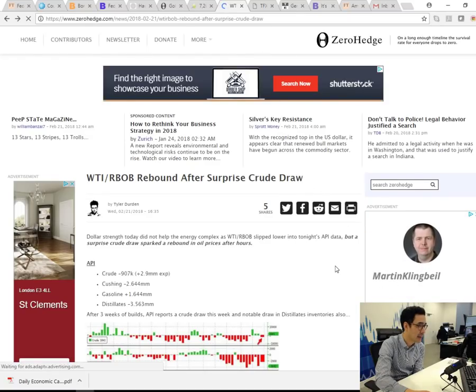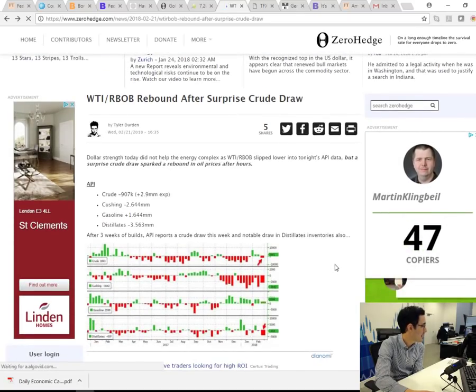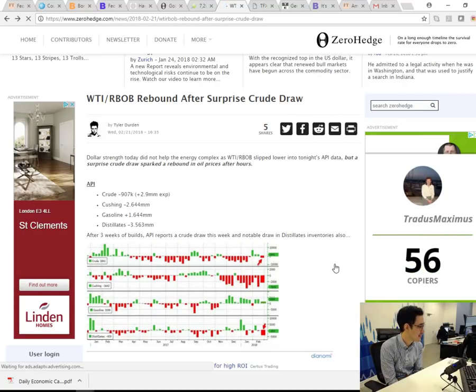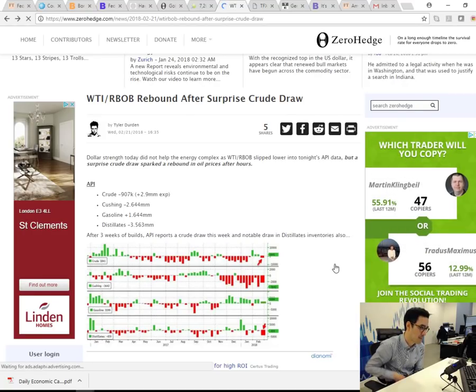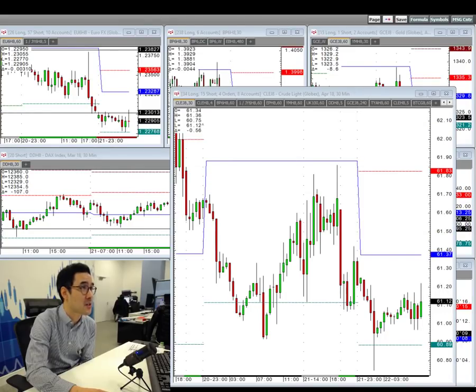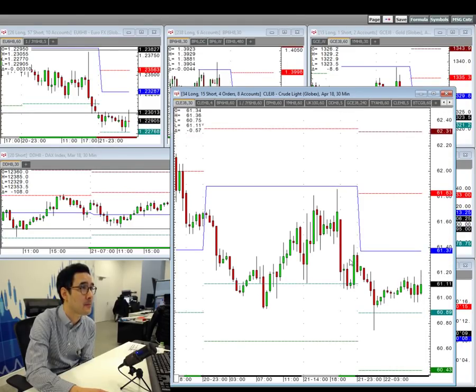Okay, final things to have a look at. We did have the delayed release of the API crude oil inventories last night, owing to the US bank holiday on Monday. So if I just bring up my oil chart firstly, just to show you the price reaction, and then we'll look at the reasons why that happened. So if I just highlight for you when this came out, which obviously is a regular time at 9:30 last night, we did see a little bit of an upward move, but that failed to be sustained.